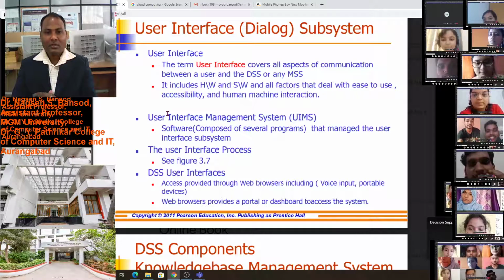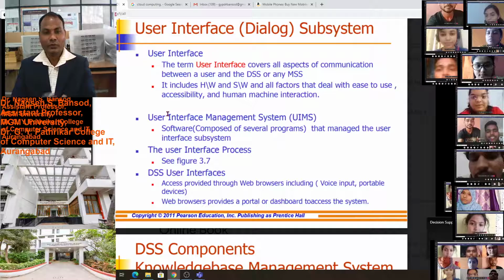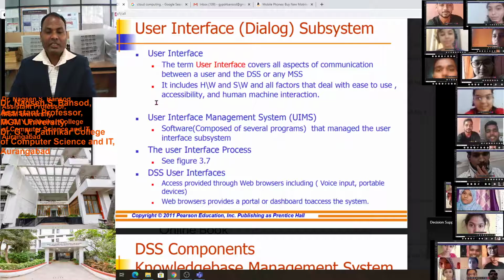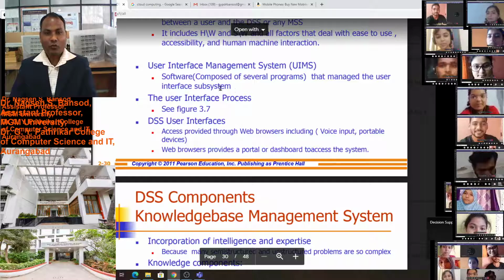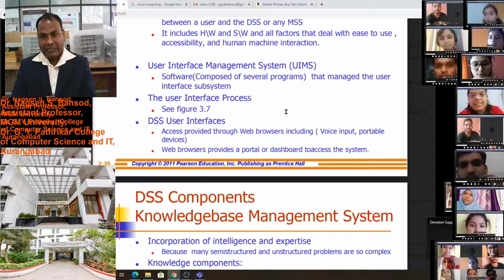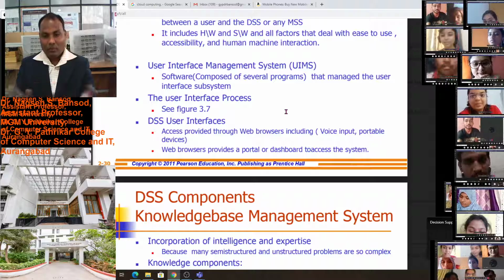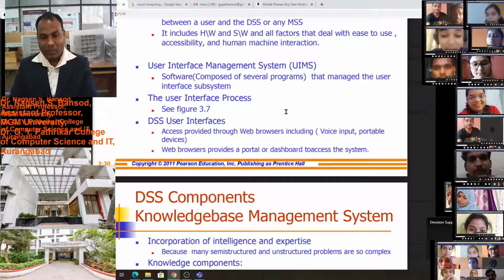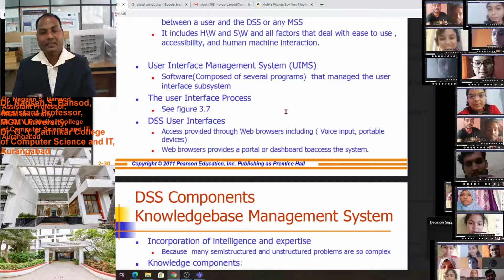It includes hardware, software, and all factors that deal with ease of use, accessibility, and human-machine interaction. The user interface management subsystem, UIMS, is software composed of several programs that manage the user interface subsystem. We have to use multiple software and compose several programs in one place to provide the necessary facilities to the customer.